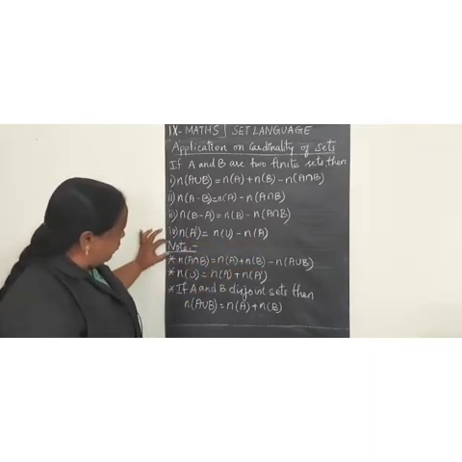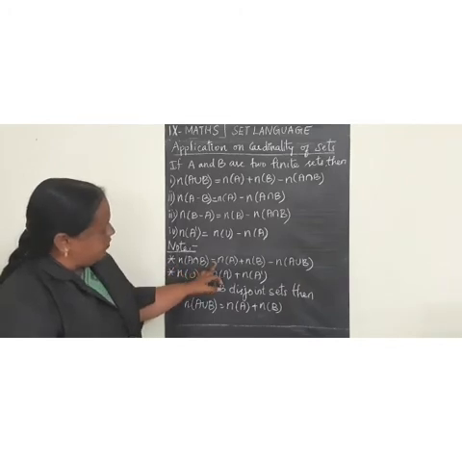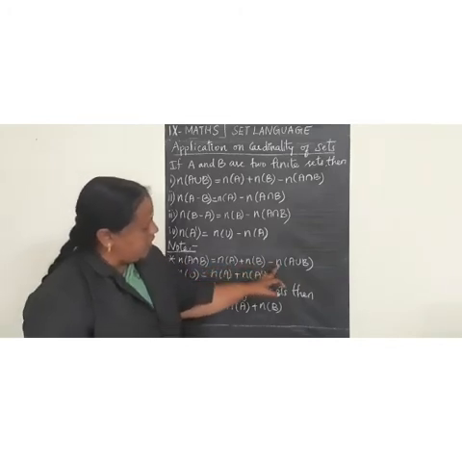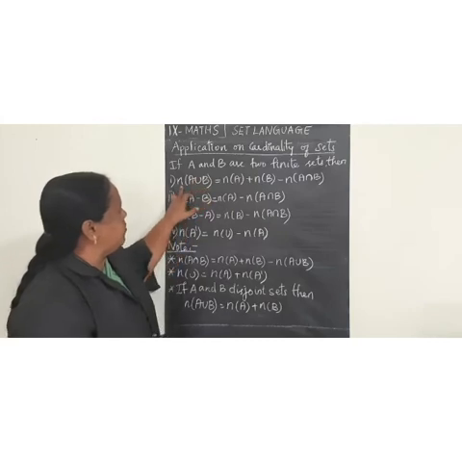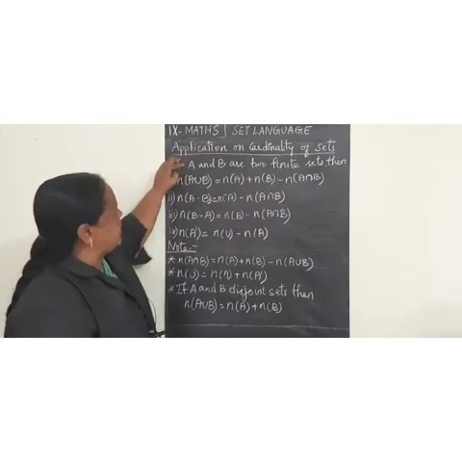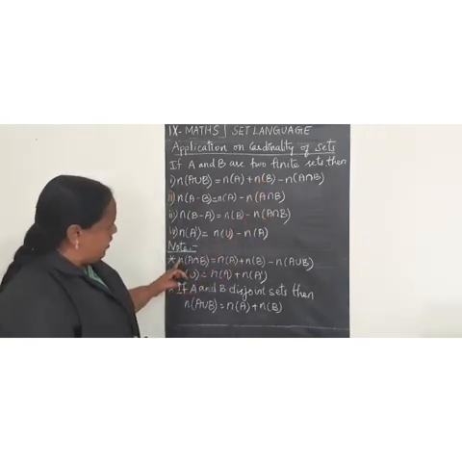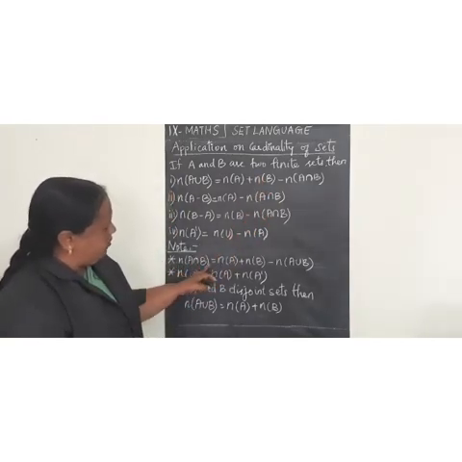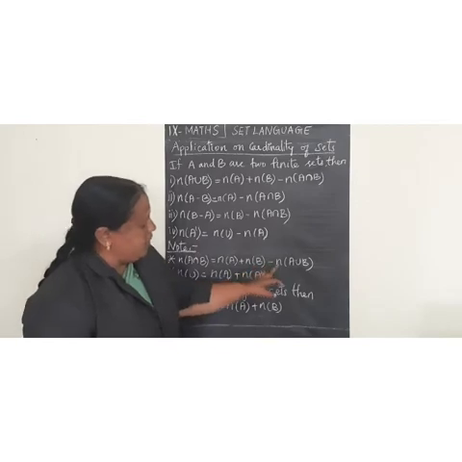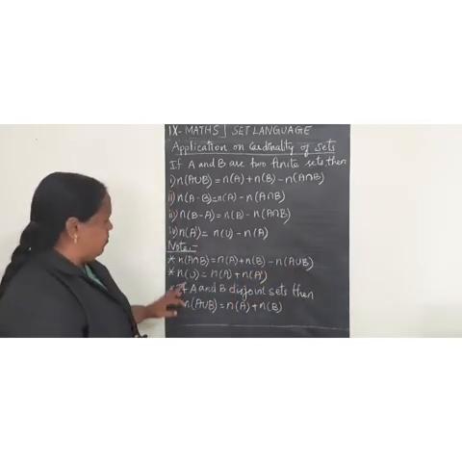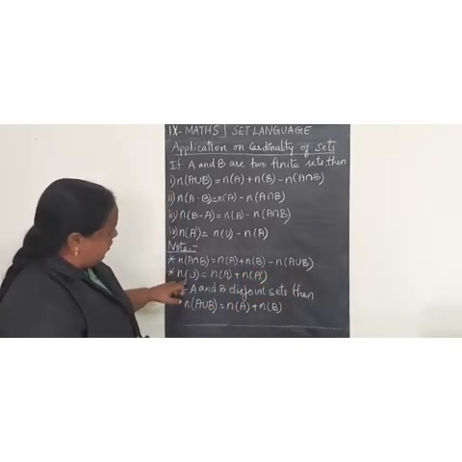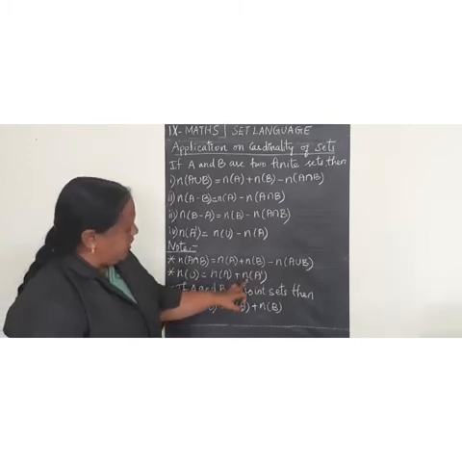Here they have given the note: n of A intersection B is equal to n of A plus n of B minus n of A union B. That means in the first point they are bringing this intersection part to this side, then they are taking this union to this side. That's all they have given here. n of A intersection B is equal to n of A plus n of B minus n of A union B. Next they have given n of U is equal to n of A plus n of A dash.